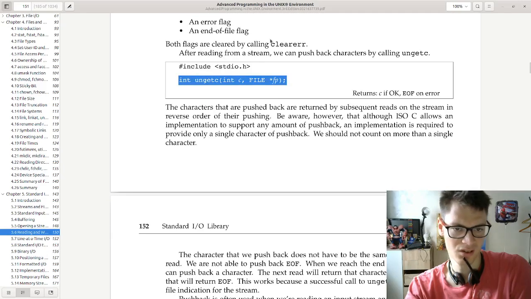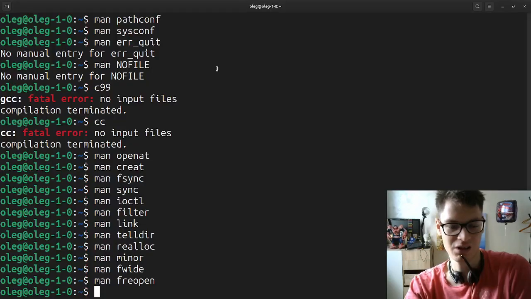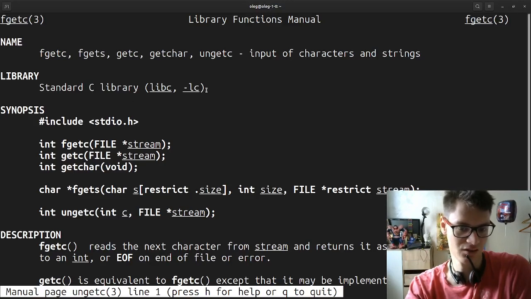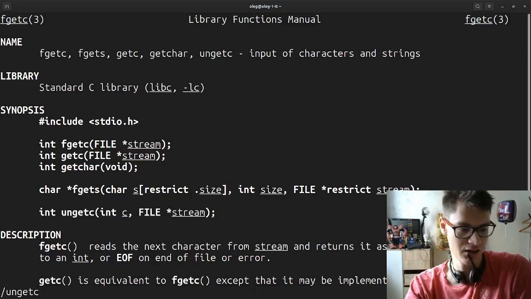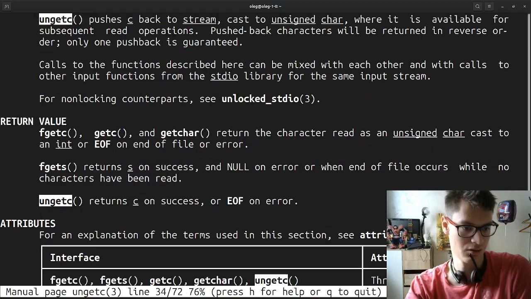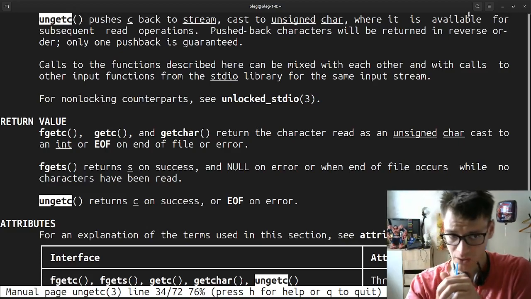What does it mean, pushback characters? How do you push back characters? Okay, man, I just want the ones that I provided, okay? Not everybody. Pushes back to the stream, whatever. What the-